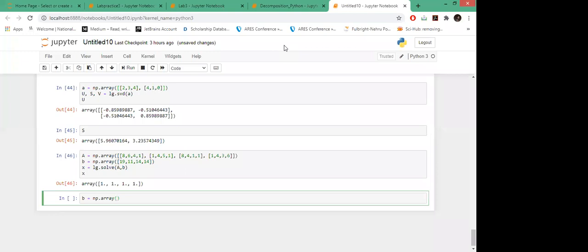Suppose I have 19, 11, 14, 14 entries. Let's make some small changes. Suppose I'm changing it to 19.01 and then 11 point again 01 or 05, and let's see.